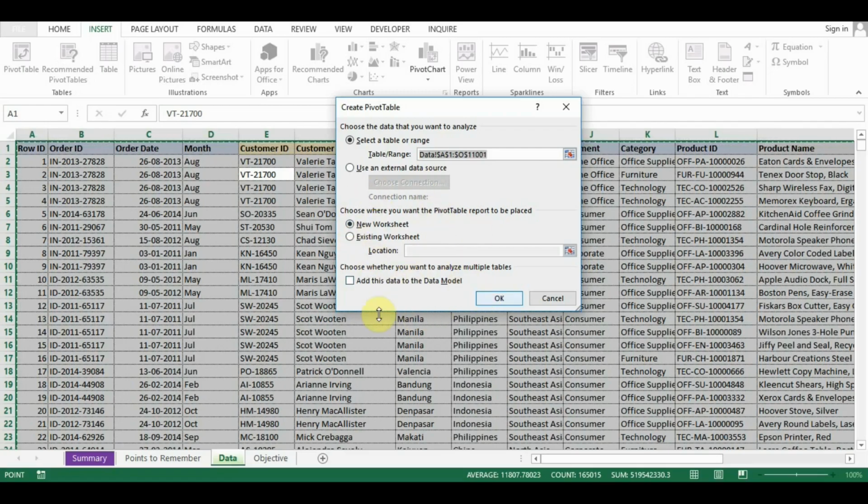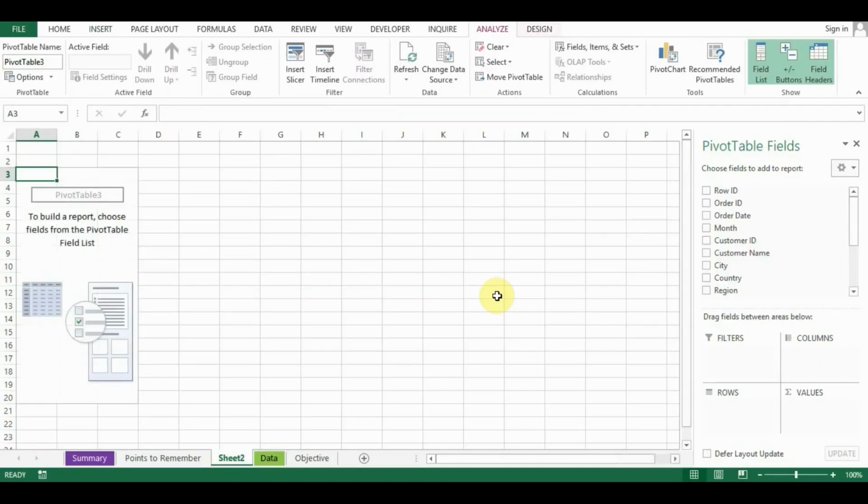This lower part is basically to choose where you want the pivot table report to be placed. If you select this new worksheet, then one new worksheet will be opened and there you can see your pivot table. Else you can select the next option, that is existing worksheet. So let me select the first option here and let me click on OK.